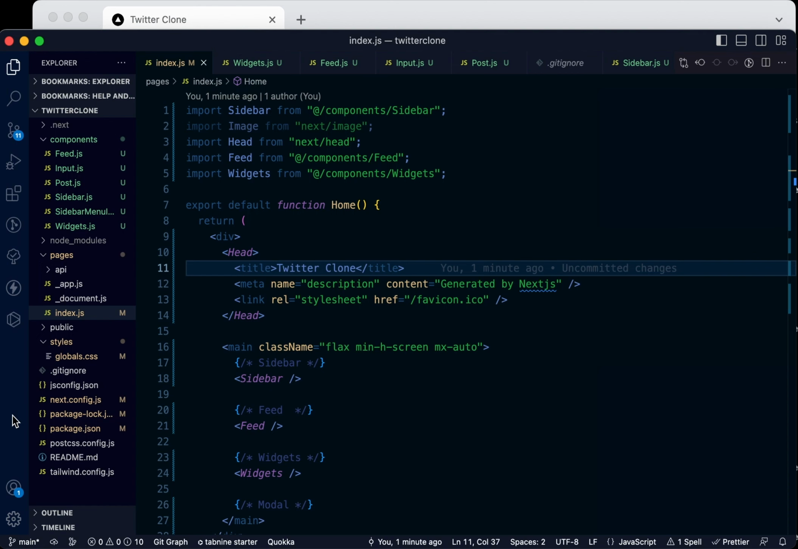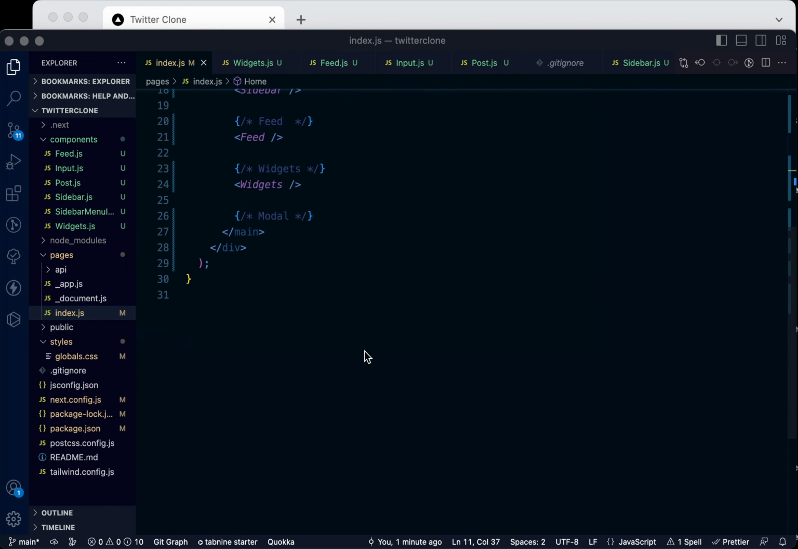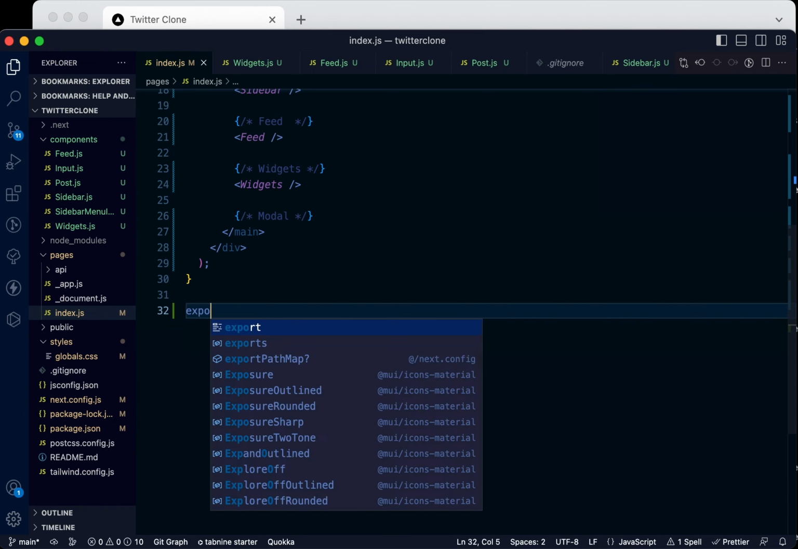Okay, so at the bottom here, let's continue coding. Before we continue, we are going to use getServerSideProps to fetch some data. So let's come down here in our index, once the page is loaded, and say export